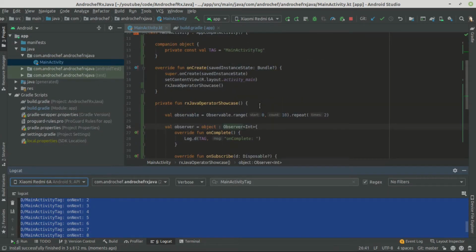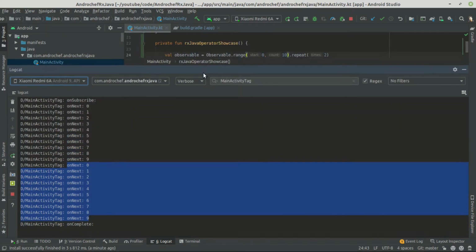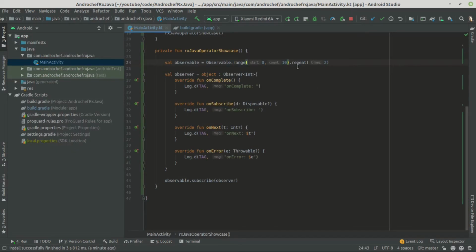You can use the repeat operator only on an observable instance. As you can see, range is creating one observable, right? So you can only use repeat on observables. You can't use repeat to create observables. So you have to use it on any of the creating observables. Let's move on to the third operator,